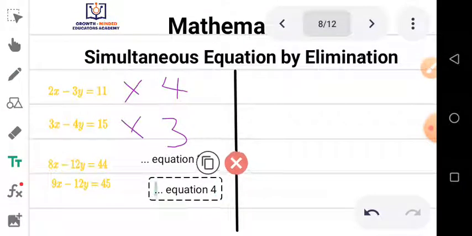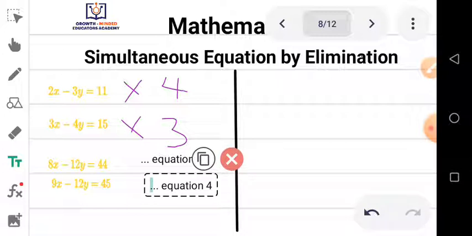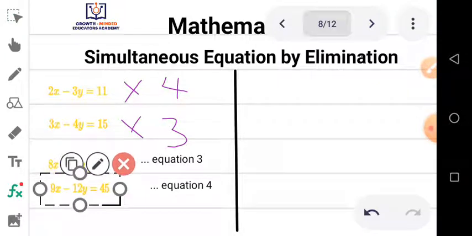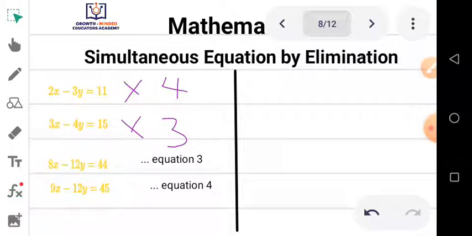Remember, that's how we always do it when using the elimination method. Okay, cool. So now we have equation 3 and equation 4, and by this you can see that we now have the same